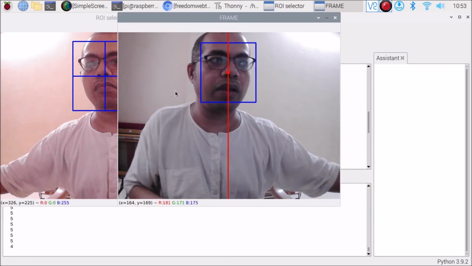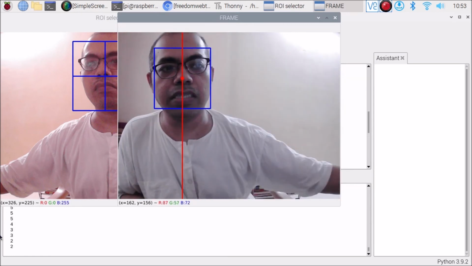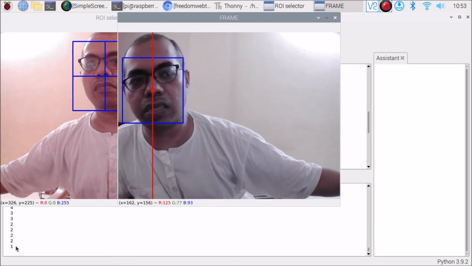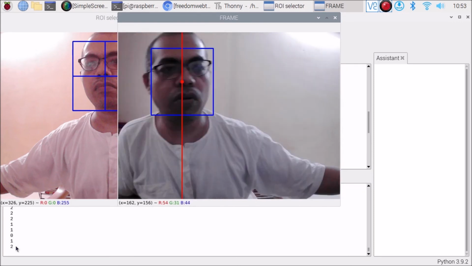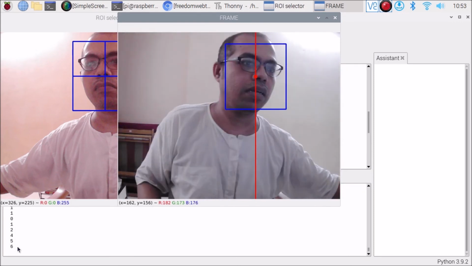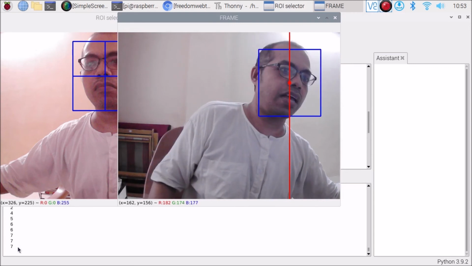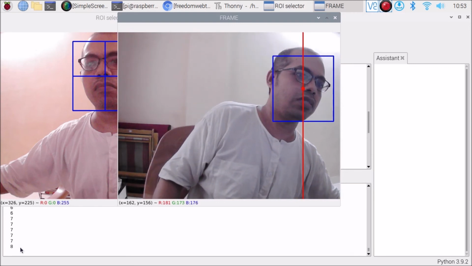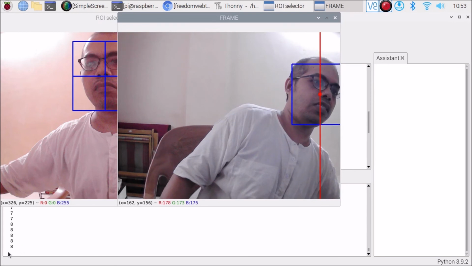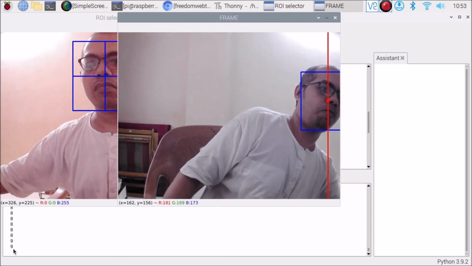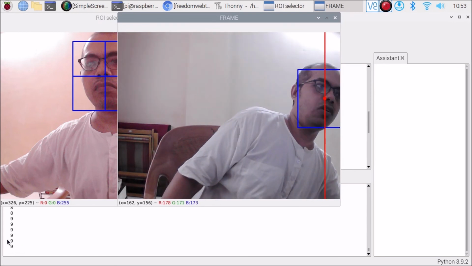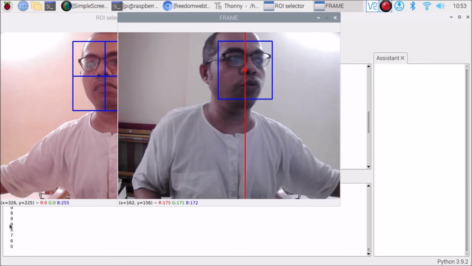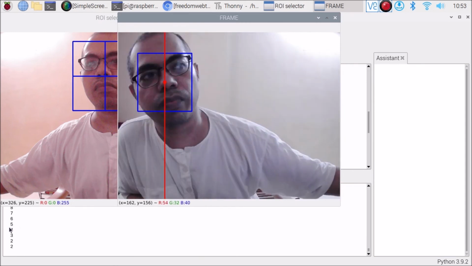So if I go here, you can see in the shell the range has changed, it's now 1. If I go here, 5, 6, 7, 8, as you can see, now the range is 8, now 9. So of course the servo will move with my face or any object.